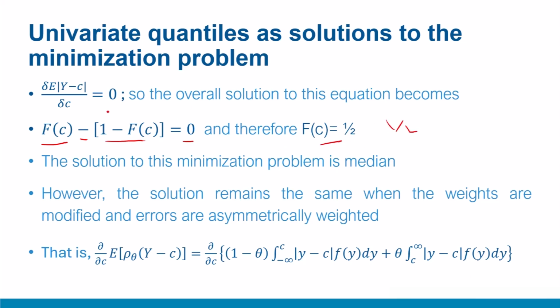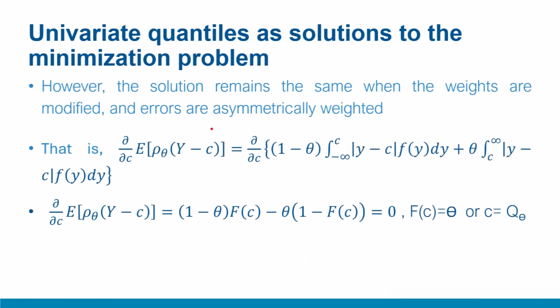And this is the minimization problem from this approach, the minimization problem for a solution to the median. The solution will remain the same if you use this check function, where the main change is that earlier we used the same weight of 1 by 2, but now you are using asymmetrically weighted error terms. We are multiplying asymmetric weights to the magnitude of errors. And when you integrate, this kind of function looks daunting, but the solution will be the same. You'll obtain the quantile itself.